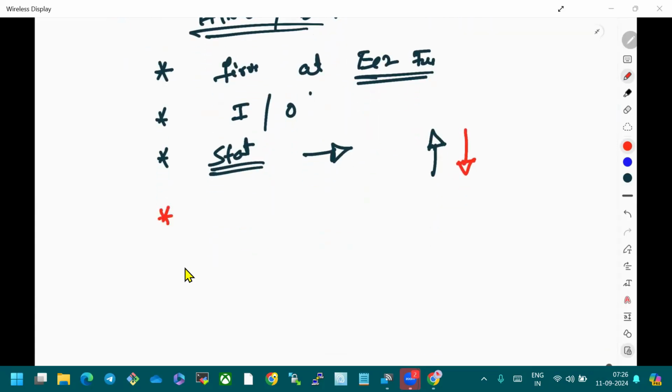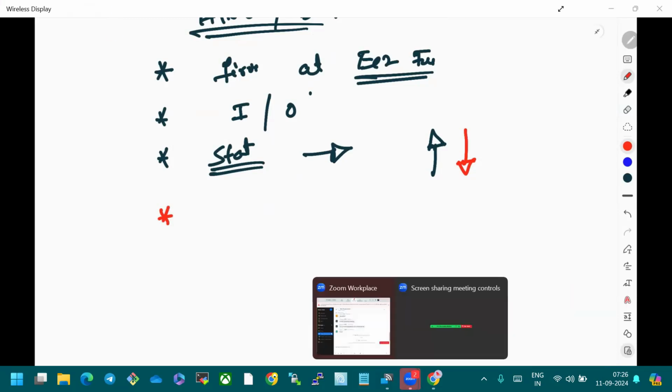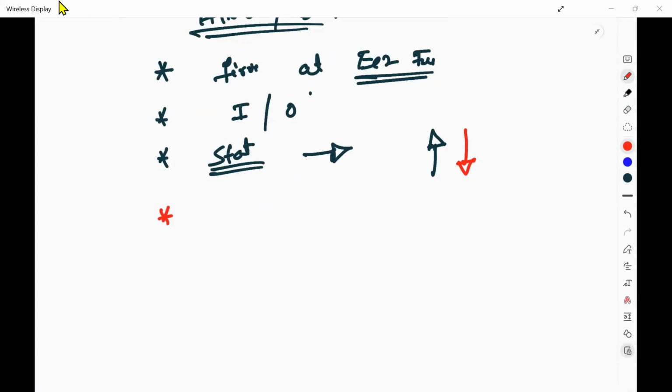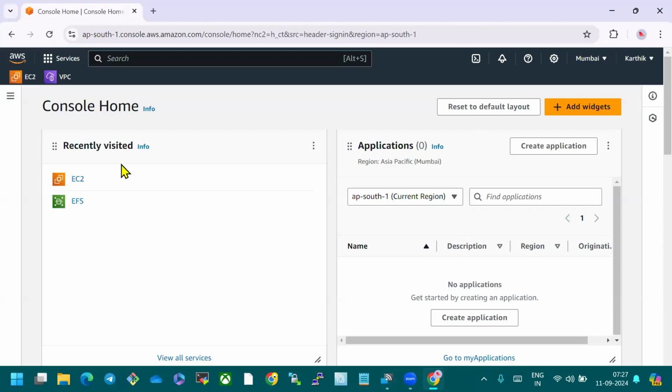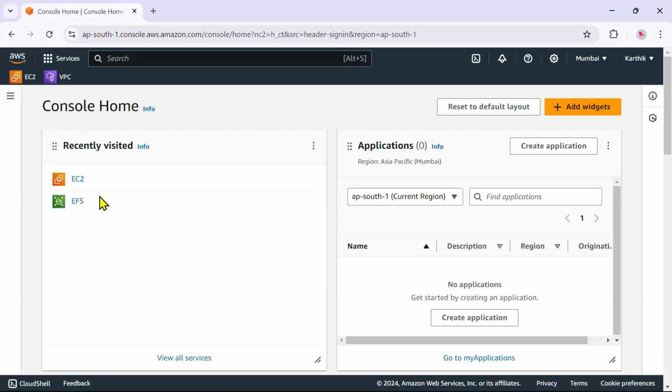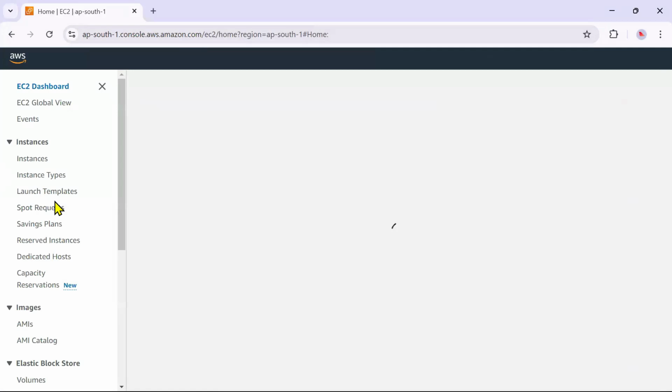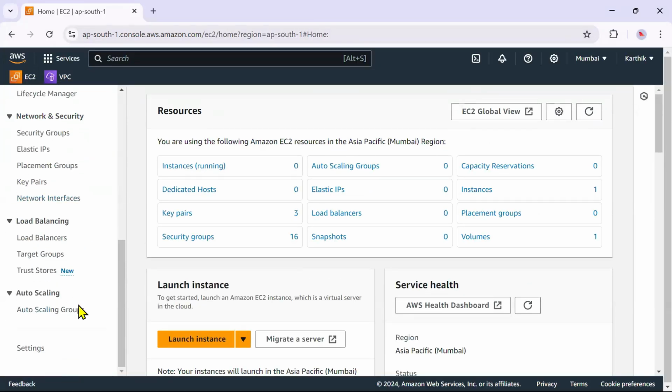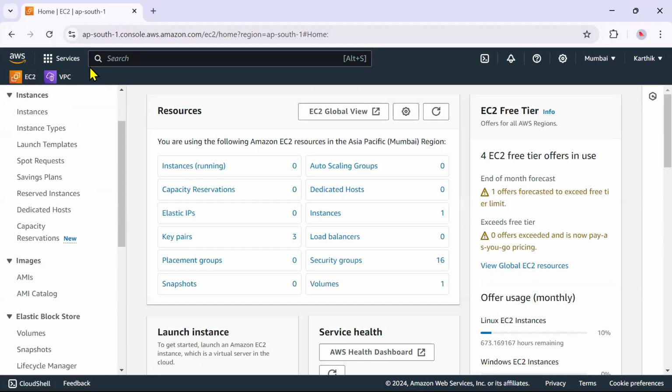Now, how to create a security group? Just come to your AWS. Where is this? Under VPC.